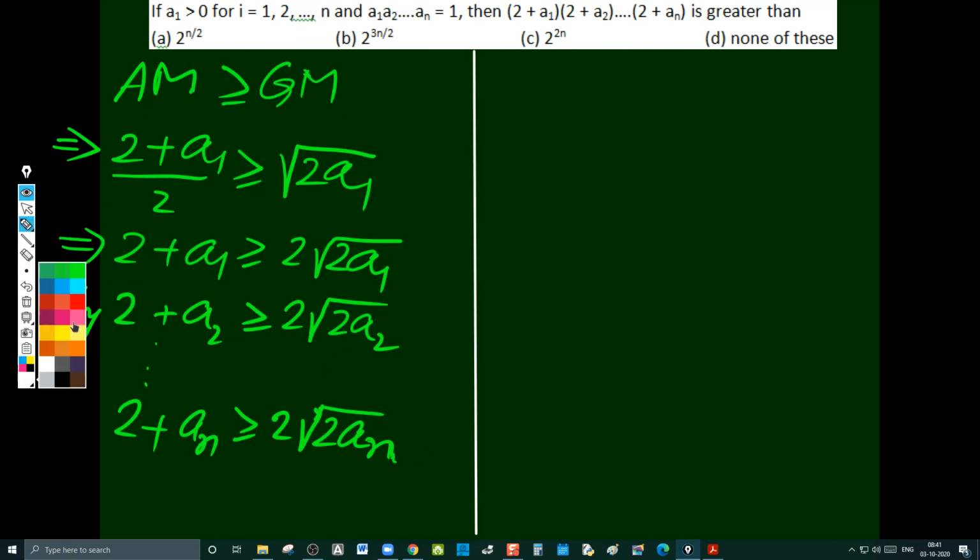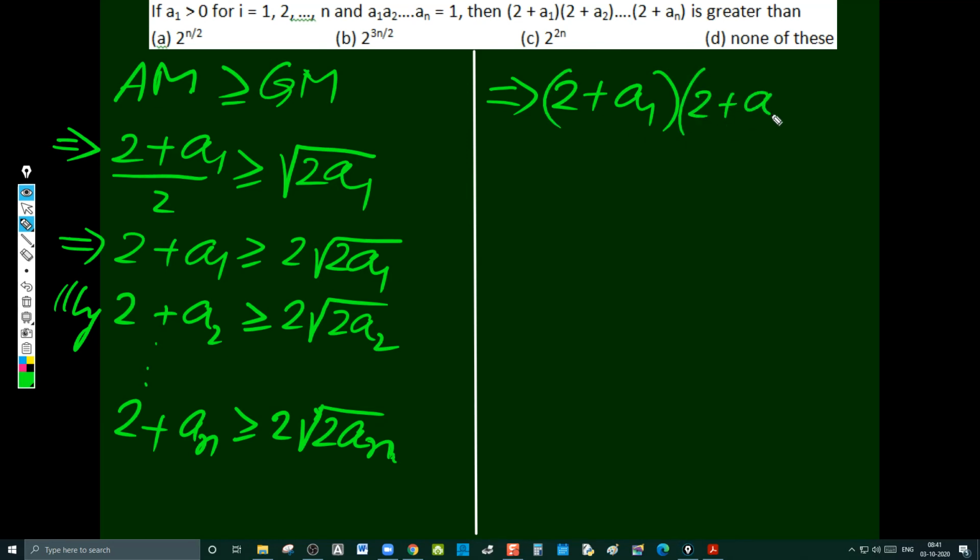Implies (2 + a1)(2 + a2) ... (2 + an) is greater than or equal to